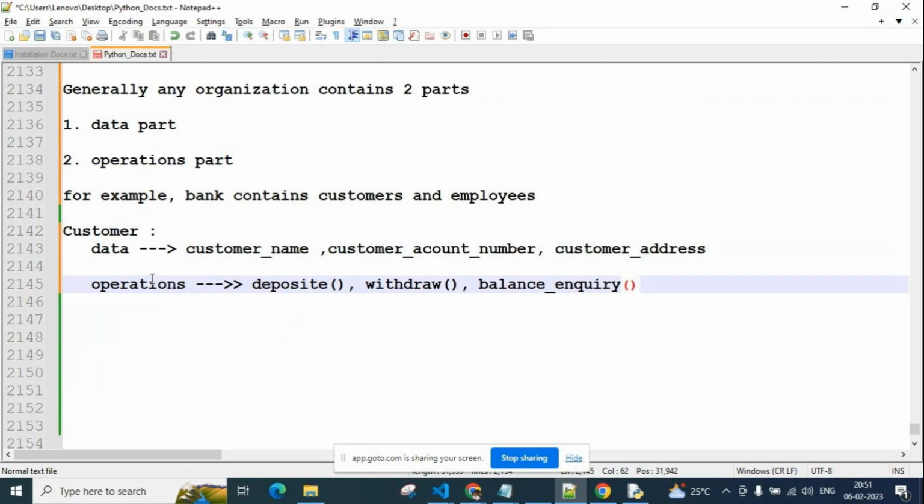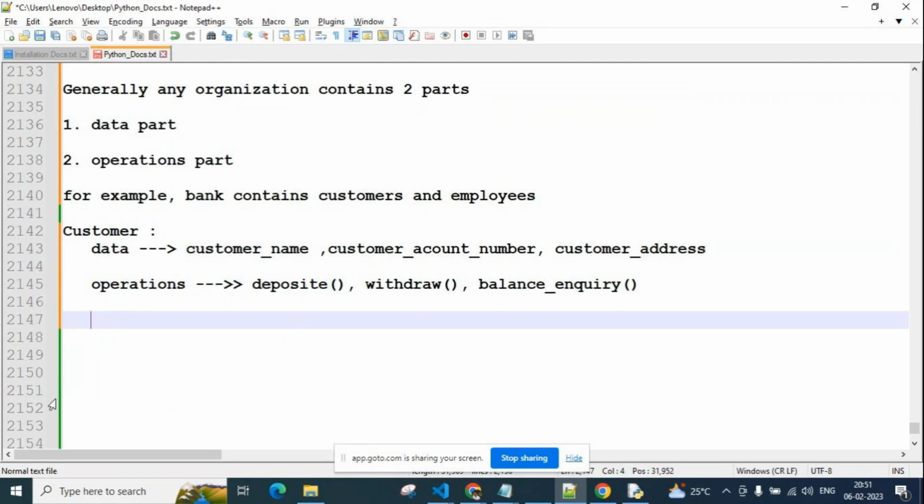So same like if you are taking employees, so employee related data is what? Employee name, employee address, employee salary, like that. And the employee operations are nothing but DA, HRA, PF, tax, total salary, like these all are operations. Clear, guys?